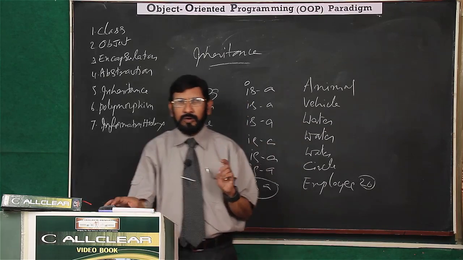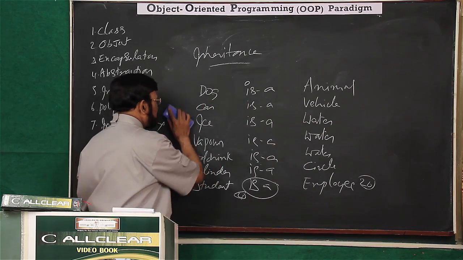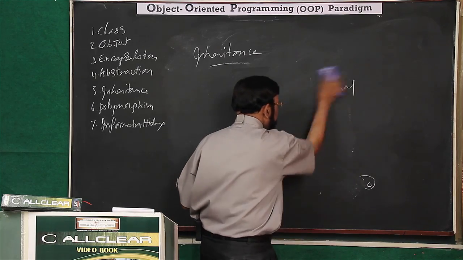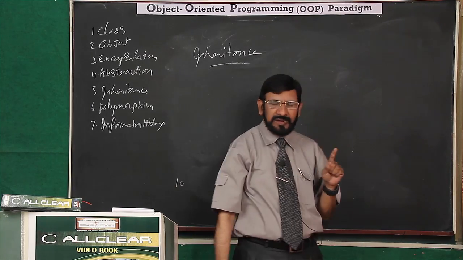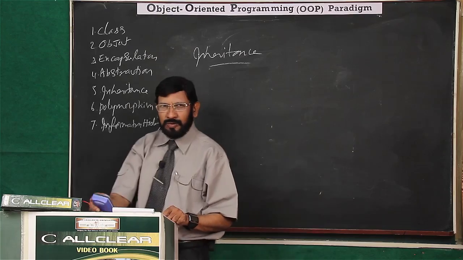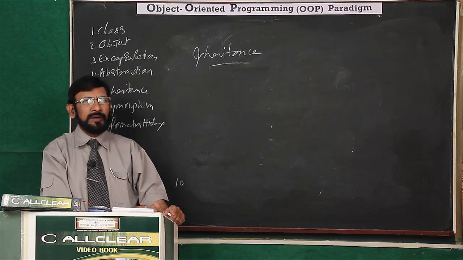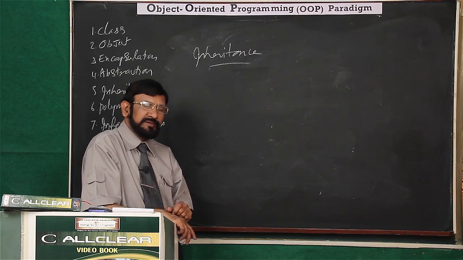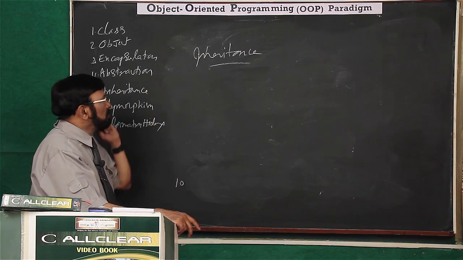Understand? So first the easier relation is established, then you can go for inheritance. Inheritance is such a powerful feature. If the easier relation is there, we can go for inheritance. By that, we can create new classes from the existing classes. This is the most powerful feature in OOP.